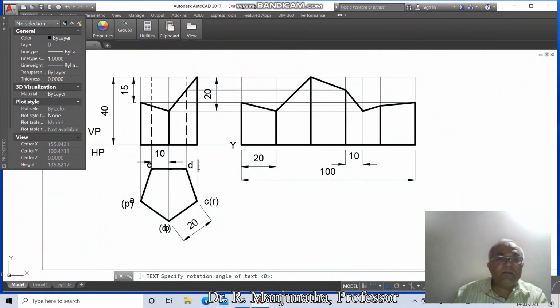here it is Q, here it is R, here it is S, here it is T, here it is A dash, here it is B dash, here it is C dash, here it is D dash in bracket, here it is E dash in bracket,